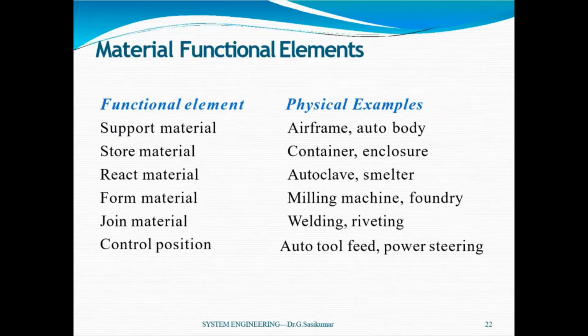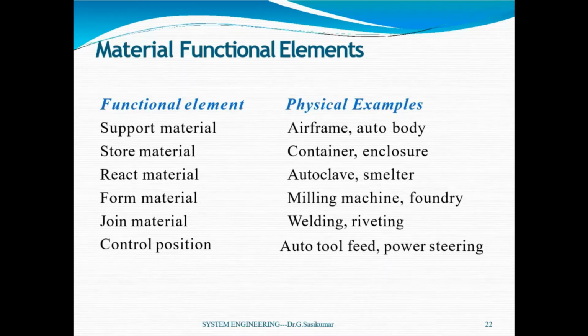And coming to the next level, we have material functional elements. We have different materials, for example, airframe, auto body, container, autoclaves, milling machines, welding machines, auto to field. What are the materials? These are the material examples. What function does it do? Okay. So airframe and auto body are used for support material, and container, big container you can see in airports or